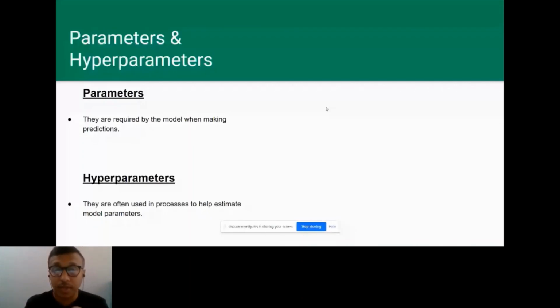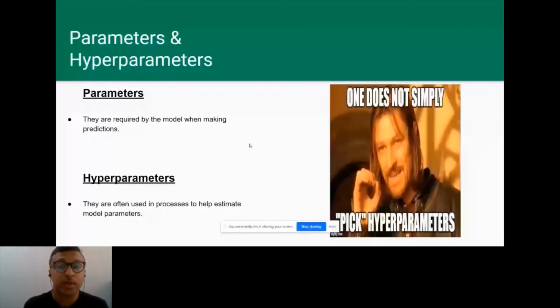So this is the basic difference between parameters and hyperparameters, and always remember that for hyperparameters, you have to be careful. You have to choose the correct hyperparameters to tune it. So we have the learning rate, the epochs, the batch size. These are the hyperparameters that are used for tuning. Okay, so this is all from my side.